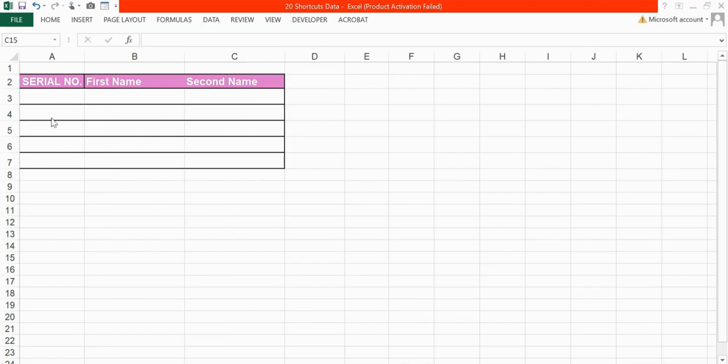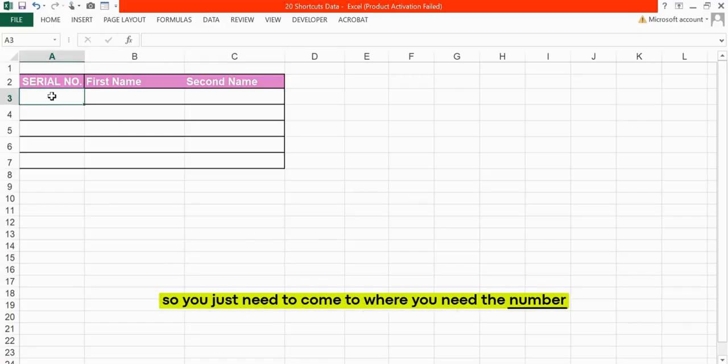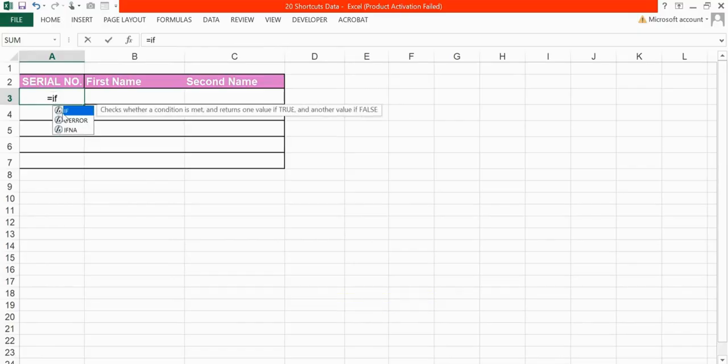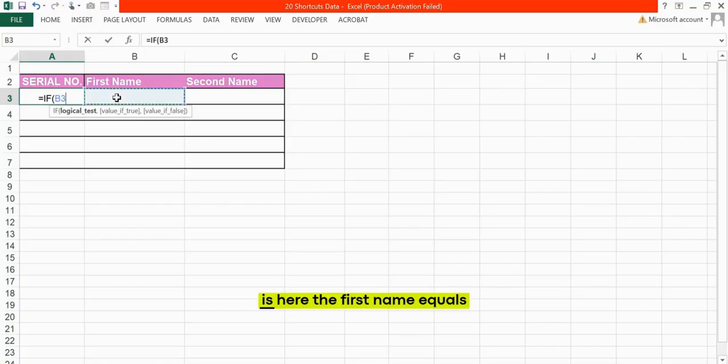Now, this is what you need to do. You just need to come to where you need the number. Then we're going to use the IF function. So we'll say IF, what is here, the first name equals to, open the quotation marks, comma, again quotation marks, then for the return if false, I need 1, then close that formula